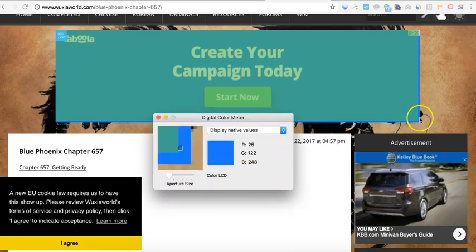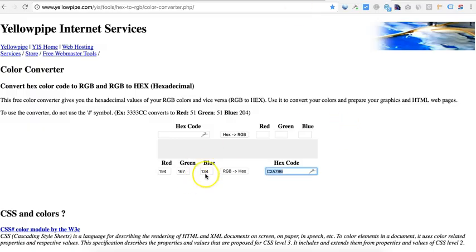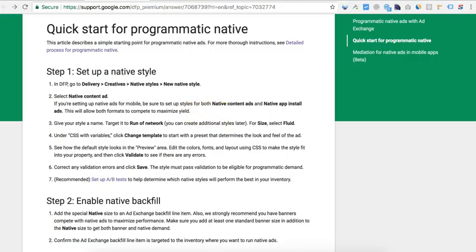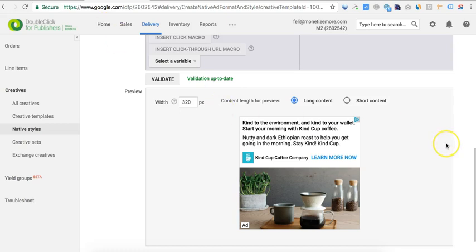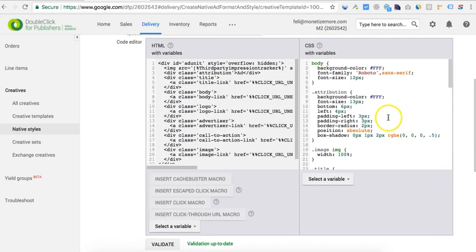I have a color picker right here, and I'm going to get the RGB values for, let's say, brown. I have the RGB there, and I'm going to open this color converter tool. I input the RGB value, then convert it to hex and copy that. Then I go back to DFP, and starting from the very top, it says body background color. If I change this and paste the hex code there,